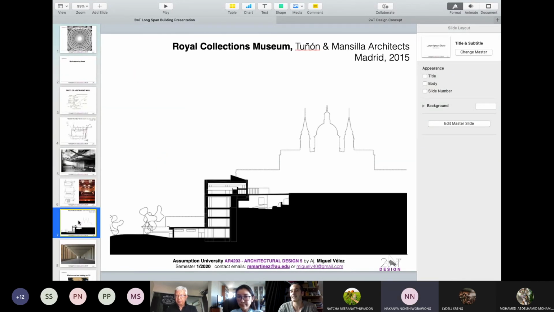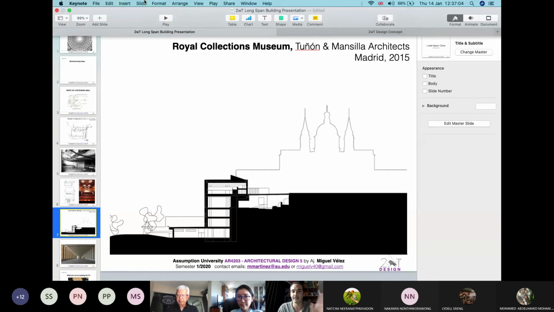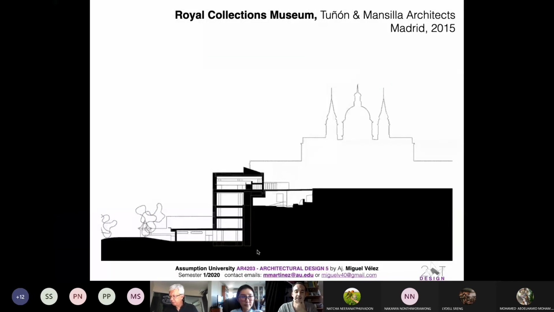Let me talk about this design. This is a museum, and the challenge here is just the site itself. There is one area that is the lower part. There is another area that is the upper part. I always say architecture is for dummies, no? So we need to explain the concept in a very simple way, no? So there is one part that is the lower, there is one part that is the upper one, okay?